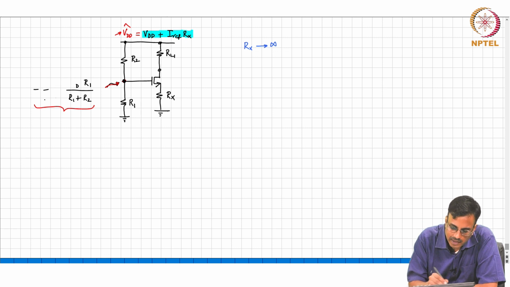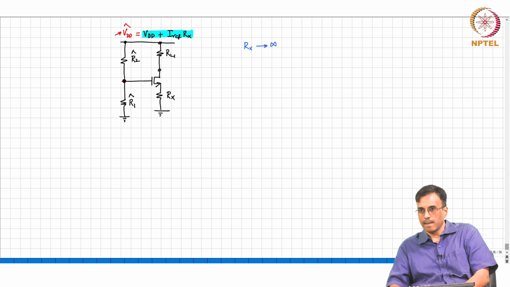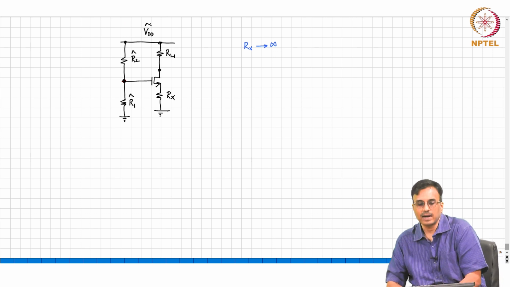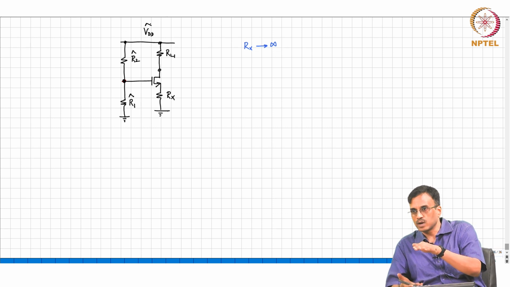Well, it's very easy. Instead of R1 and R2, we say, okay, I am going to call this R1 hat and R2 hat, where the hats basically appropriately change the resistors, so that the voltage at the gate remains what we wanted it to be. Okay. So now there is no need for any of this. This is some VDD hat, R1 hat, R2 hat, Rx, RL1, where the understanding is that compared to the earlier circuit with the current source,